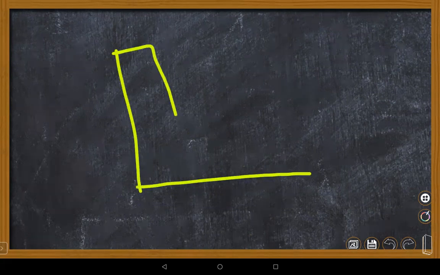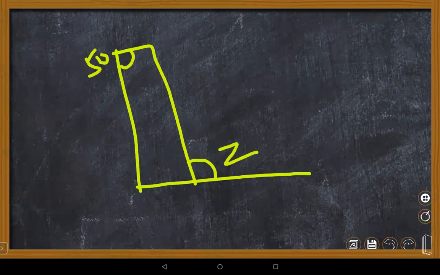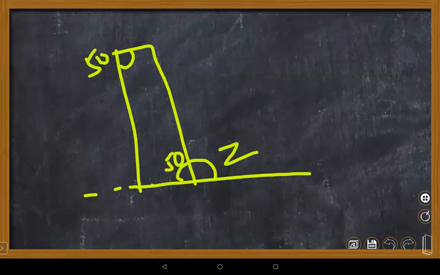Nitya? Z is an exterior angle. Okay, you're asking about the Z value. Yeah, this is Z. You know this angle is 50. This opposite to that, corresponding angles, that you can also use. Very good. Abhinav said, ma'am, this.